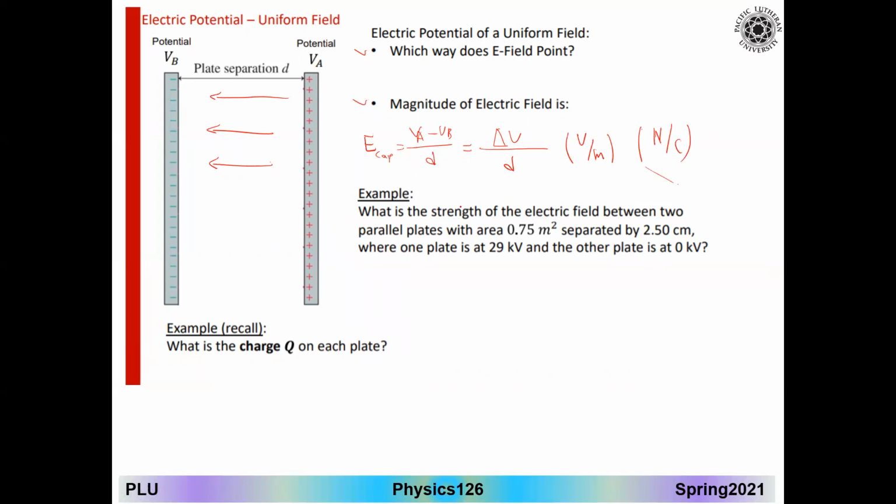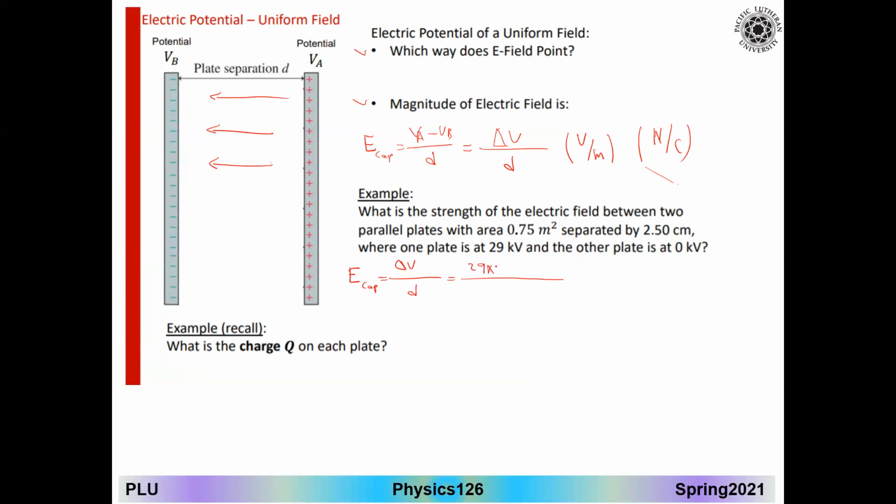Now here's the numerical example for that. We have two plates. They are separated by 2.5 centimeters and have a cross-section area of 0.75. They are put between an electric potential of 29 kilovolts, so we have A at 29 kilovolts and B at 0. If I want to identify my electric field in between the capacitor plates,